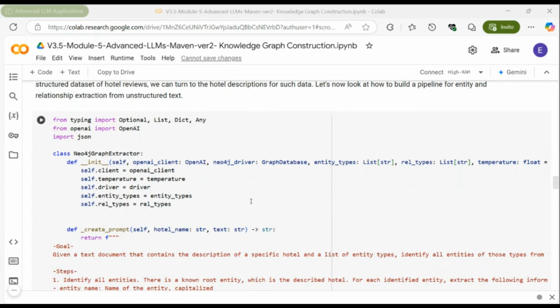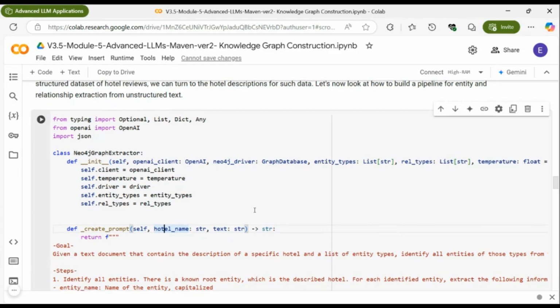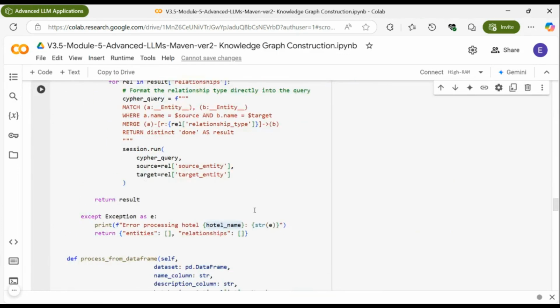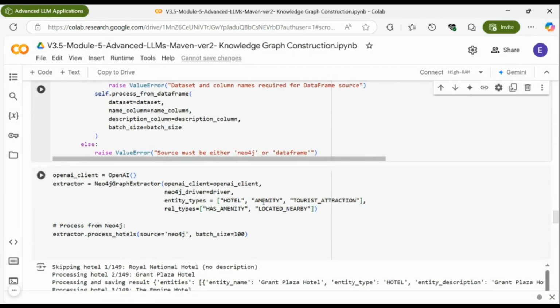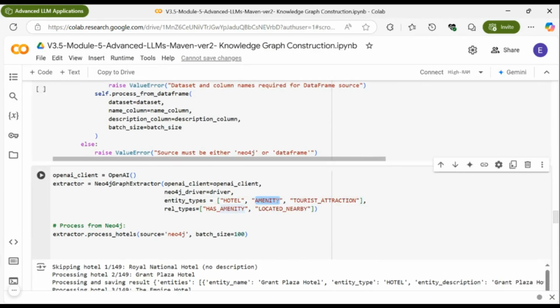Among other internal dependencies for configuration, this class also takes in a list of entity types and a list of relationship types. Now, in our case, we are specifically going to be looking for hotel amenities here and tourist attractions. And of course, also the hotels, because we need to link the two additional entity types